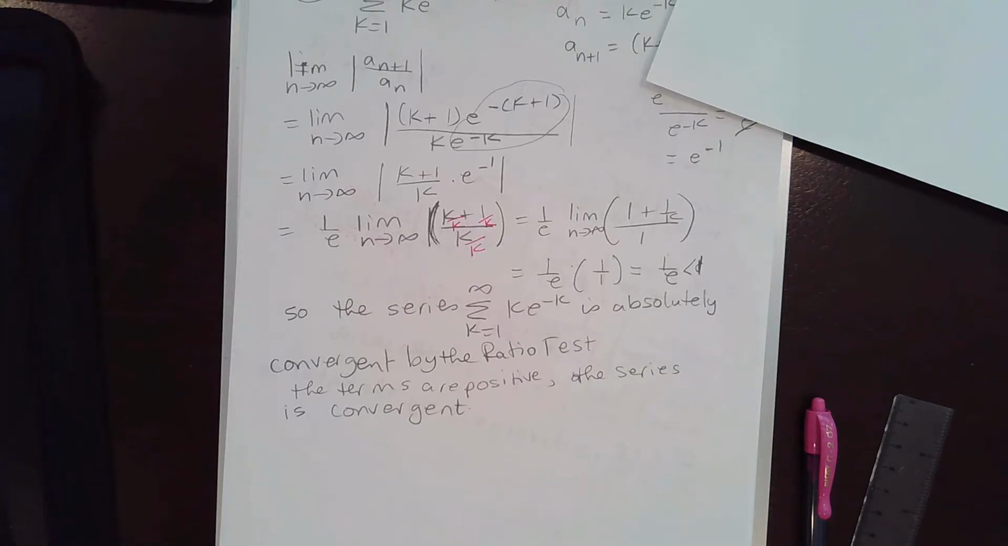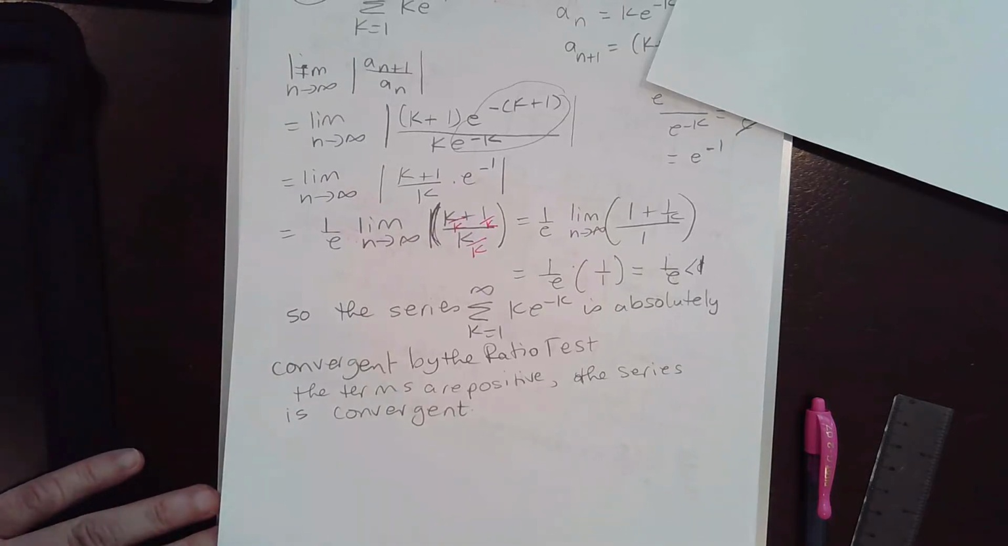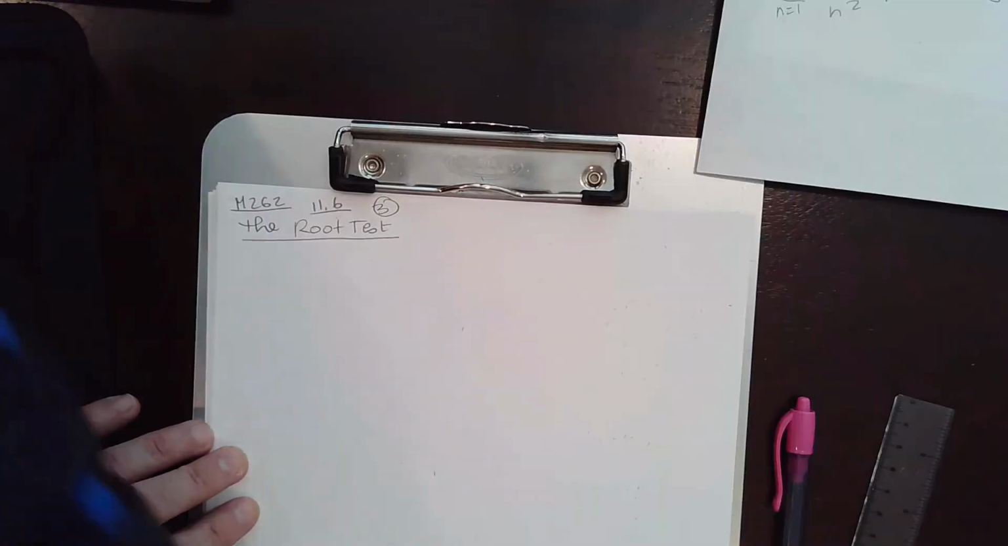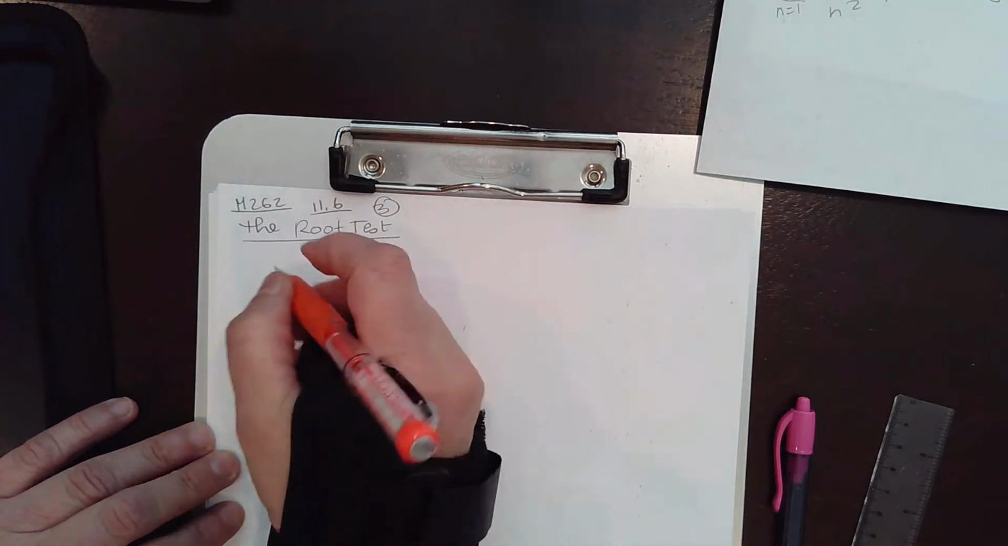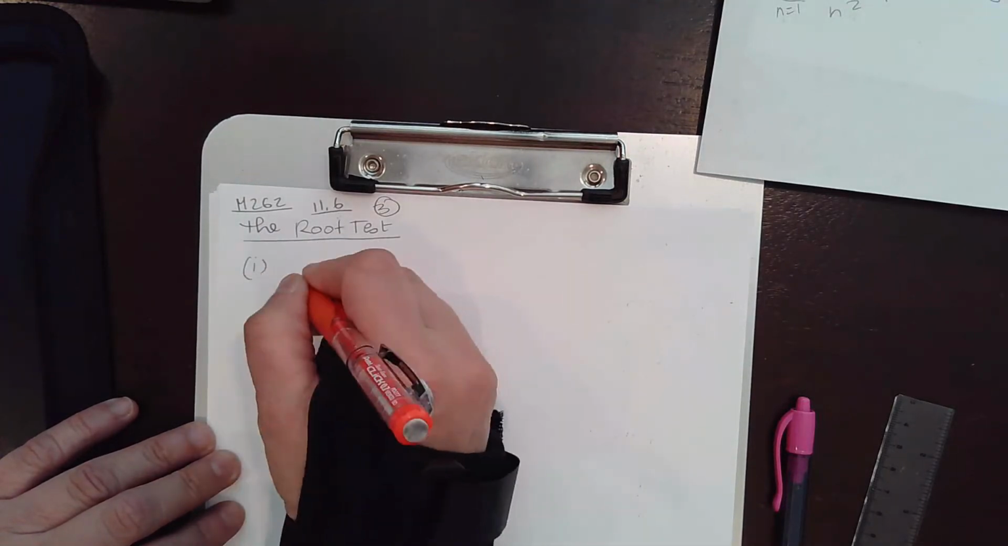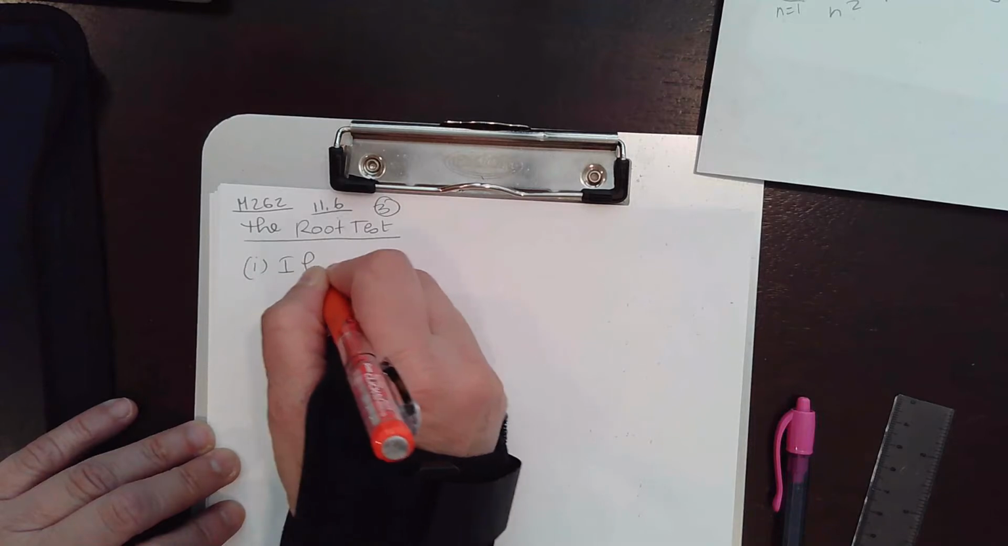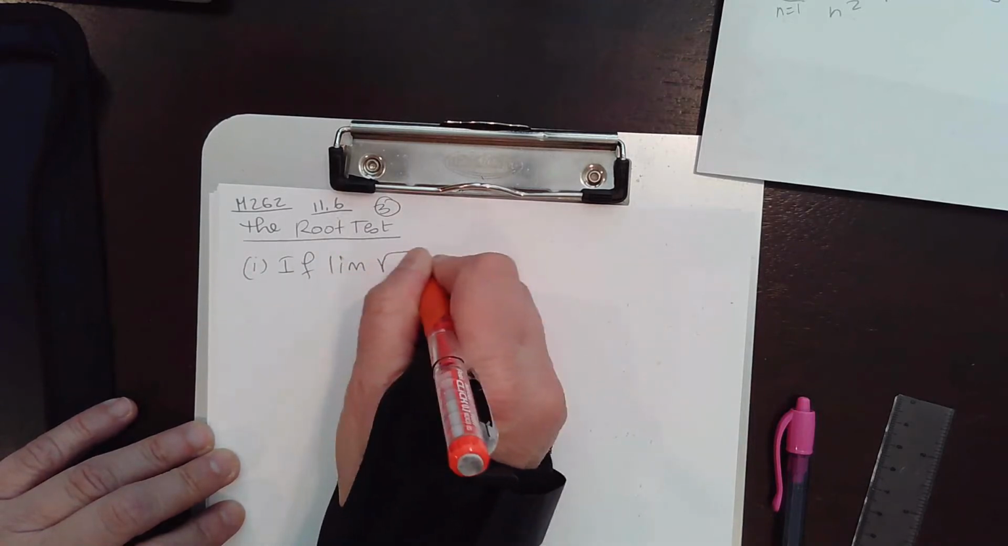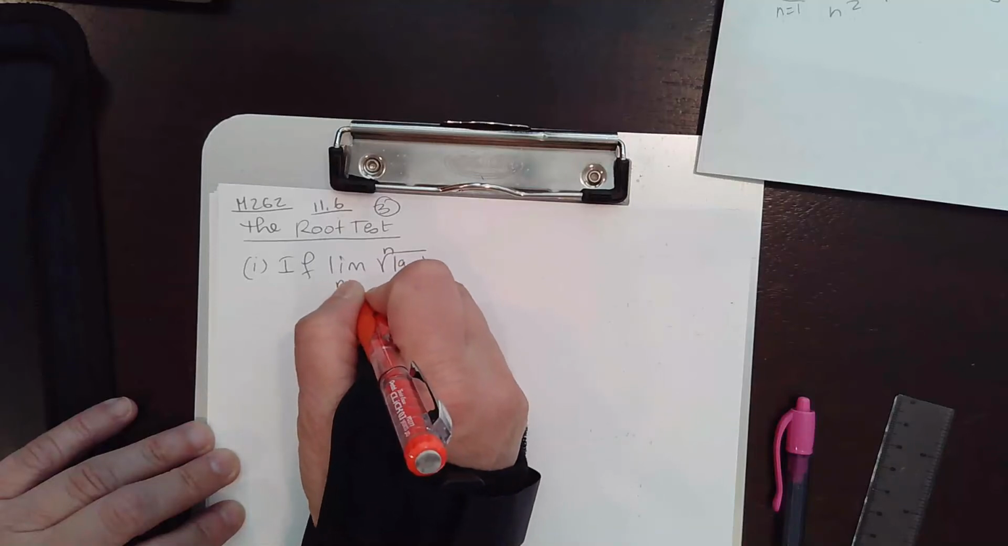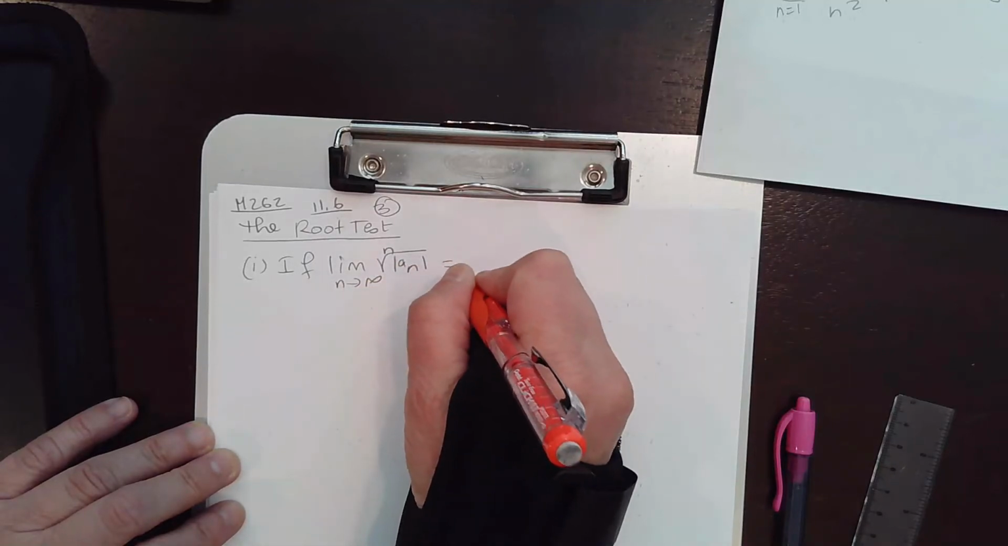And we're going to start with the root test. What is a root test? Let's start with a new page. Okay, so what is the root test? So here we have 3 parts. If the limit of the nth root of the absolute value of an as n approaches infinity is equal to L, which is less than 1,